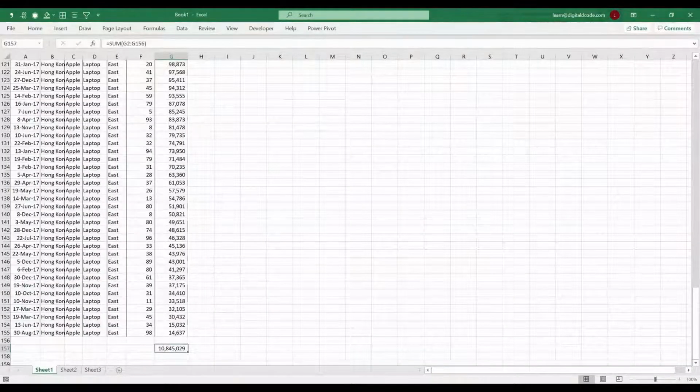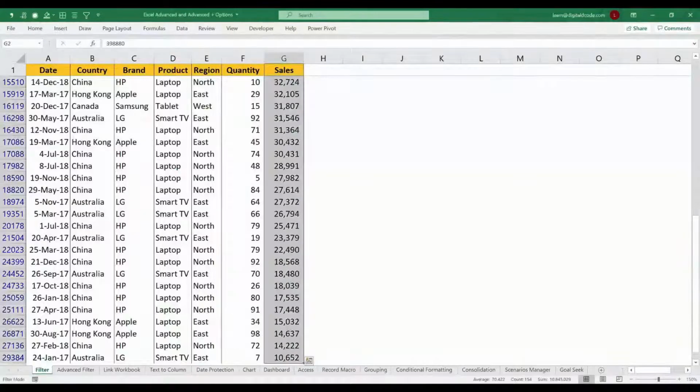Same total we have here, 10,845,029. Here also, if you see the status bar, we have the same total, 10,845,029. So instead of doing the filter for each and every criterion, we did everything in one shot.